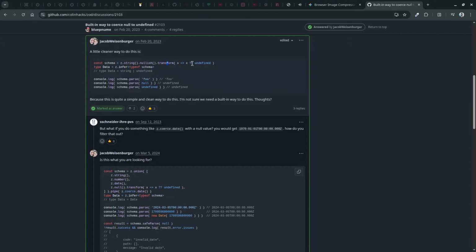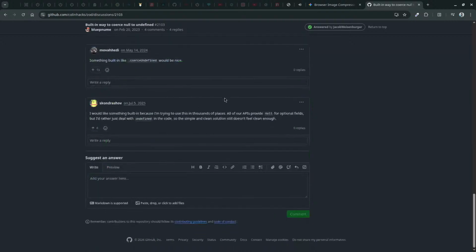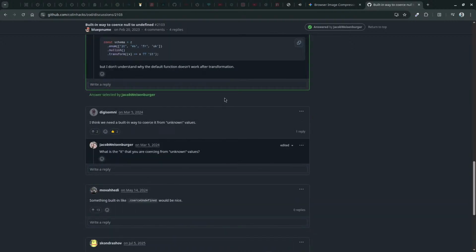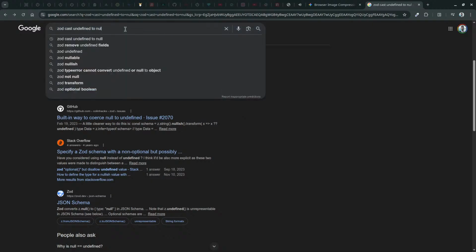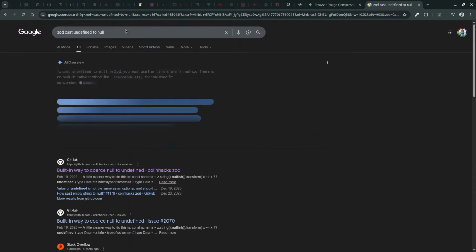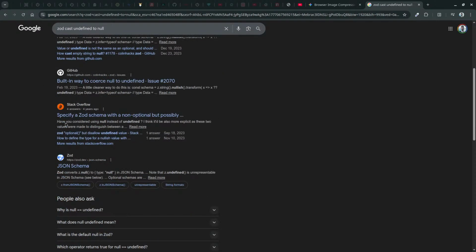Yeah, I can use transform. I think we need a built-in way to coerce it. Why is everyone coercing null to undefined, but I find myself having to coerce undefined to null?